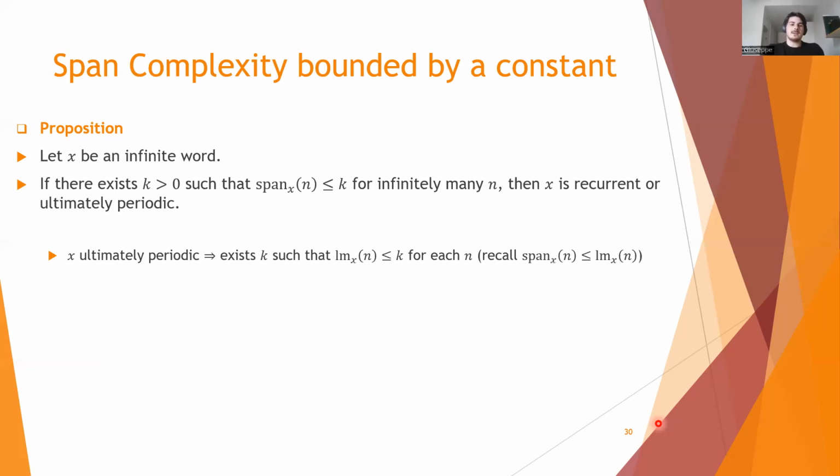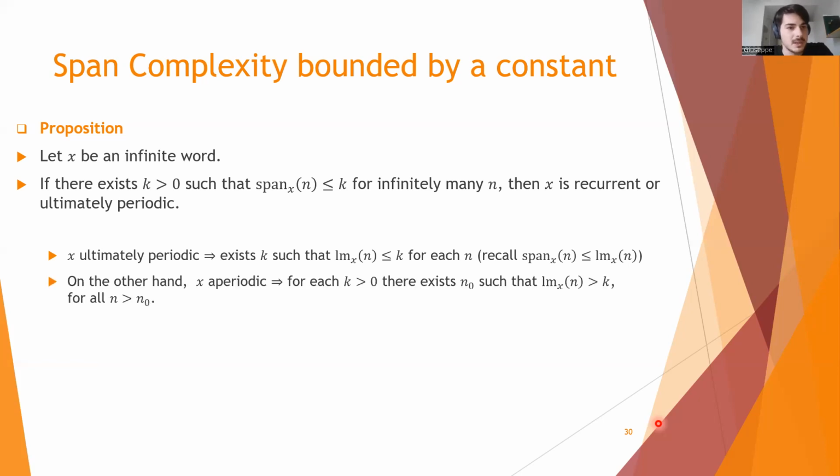So if x is ultimately periodic, we have seen that there is a k such that the leftmost complexity is bounded by this k, and since the leftmost complexity is an upper bound for the span, we have proved